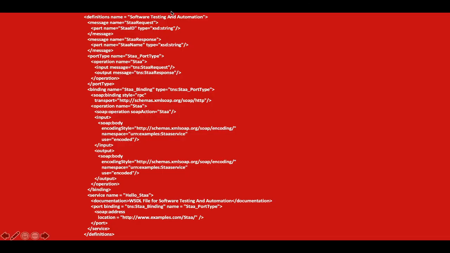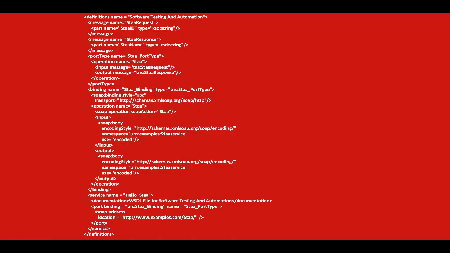Here you can see one is star request and the other one is star response. The star request contains an element called star ID which is type string. Similarly, the star response contains the element called star name and again the type is string. So this is the message format.